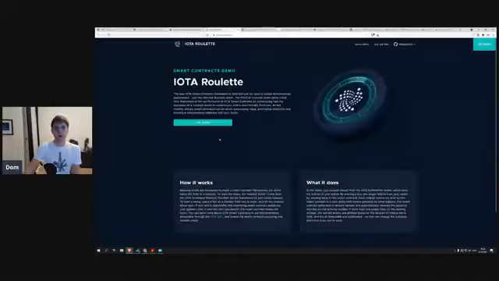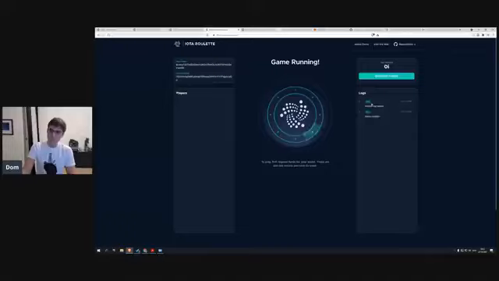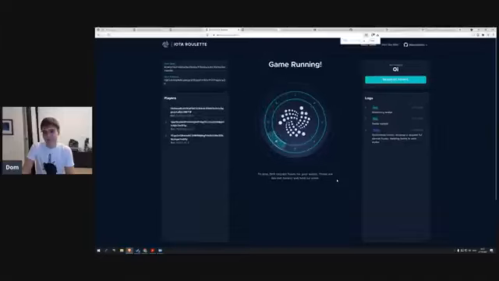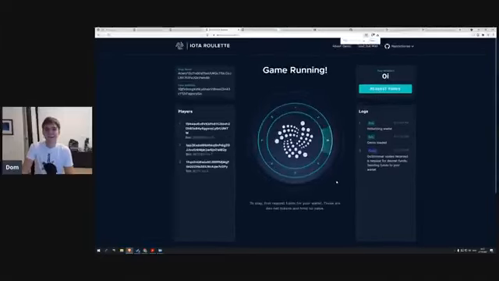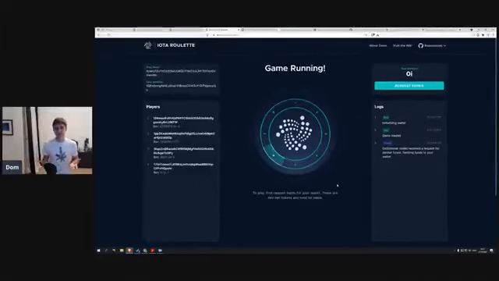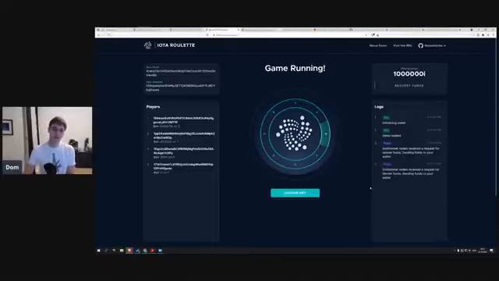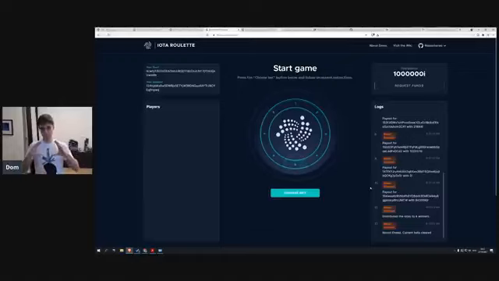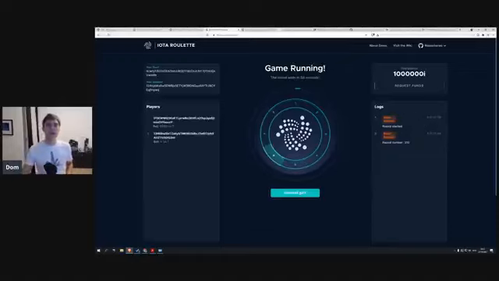So one of the other things that we really wanted to launch with was actually demos. One of the fun ones that we just did was an IOTA roulette, and I can see the community is still playing. And the way that this IOTA roulette actually works is that you are basically interacting directly with the smart contract. Right, so we hosted a smart contract. This one is written in Rust,